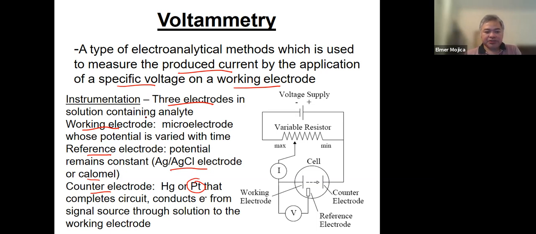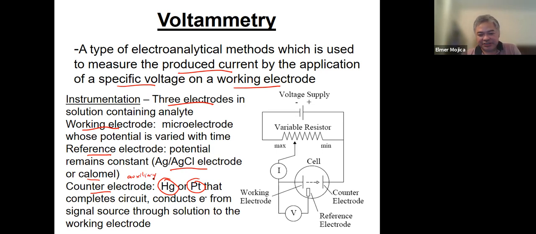Before, they used mercury, but they phased out mercury because of safety issues. When we say mercury here, this is liquid mercury. The counter electrode, or in other books the auxiliary electrode,